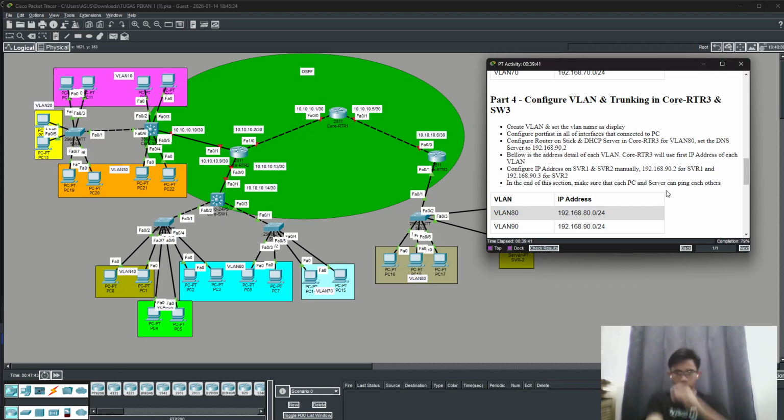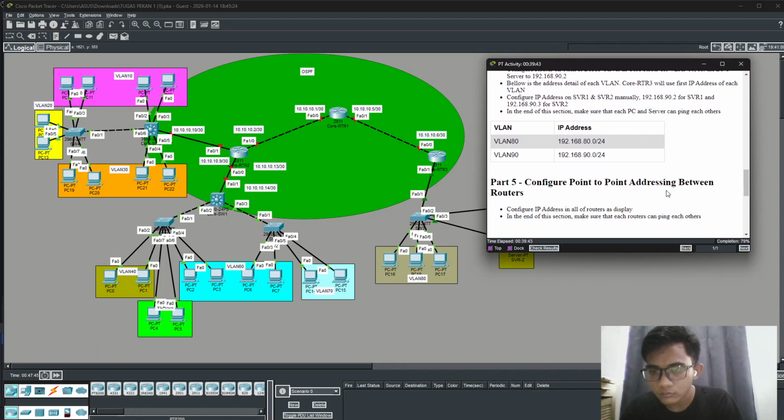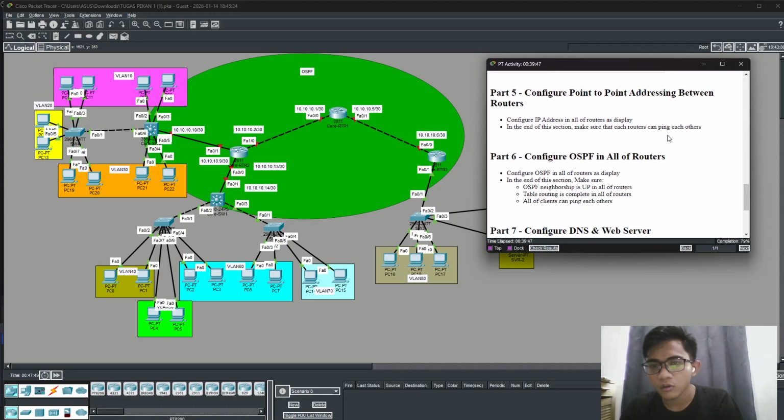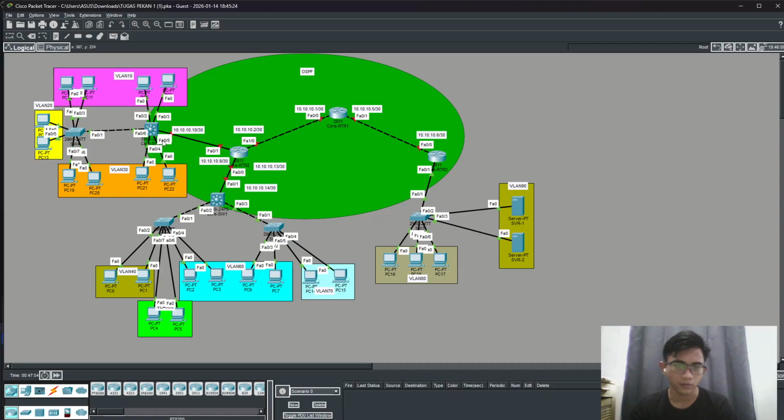Now continue. Okay, finish. Point-to-point addressing between routers, I guess. So now we will make the IP for the routers, I guess. Here there is the IP. So I will start here.